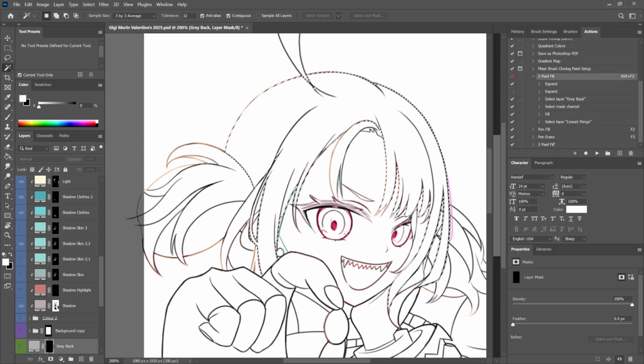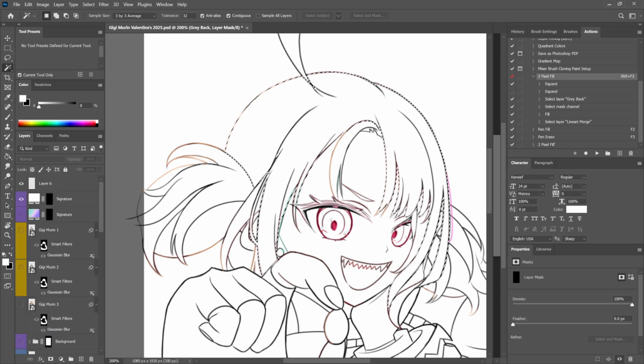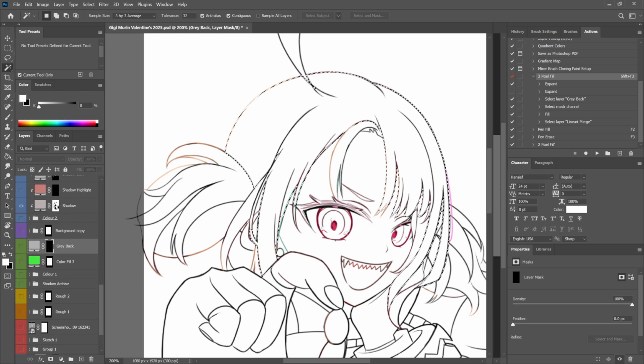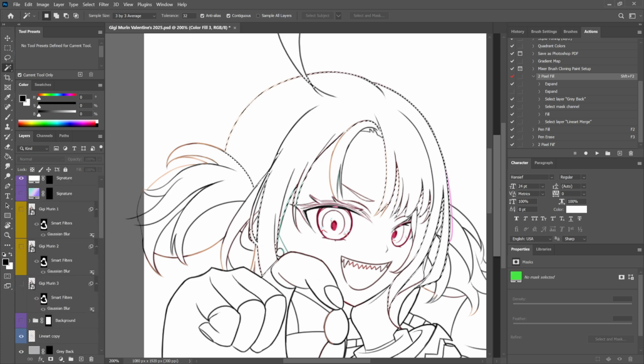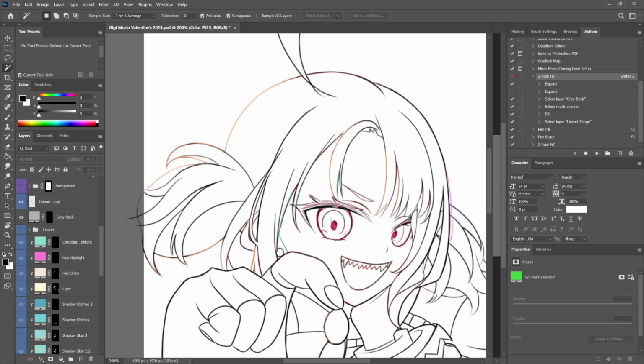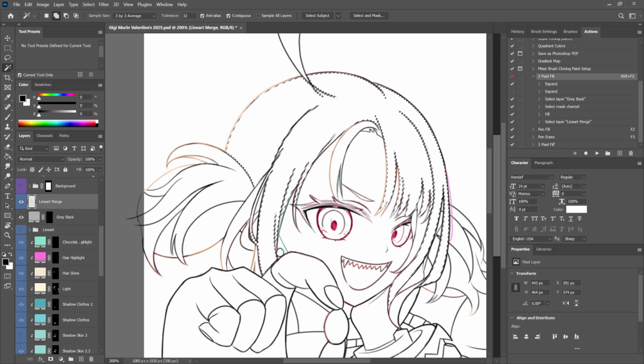Fill is not available. I see. Let me do this then. Let's try. Okay. Let's try this again. Shift F2. There we go. Okay, so what happens is I expand the